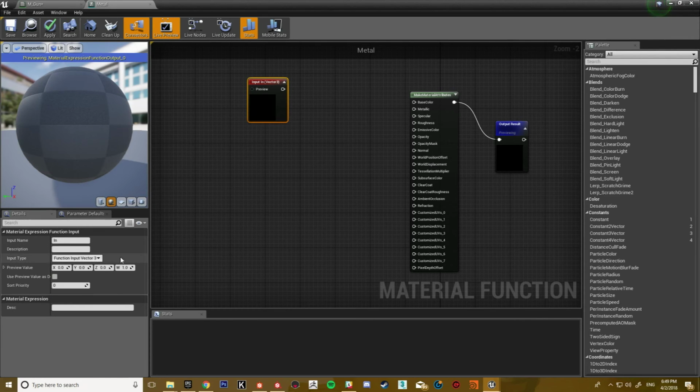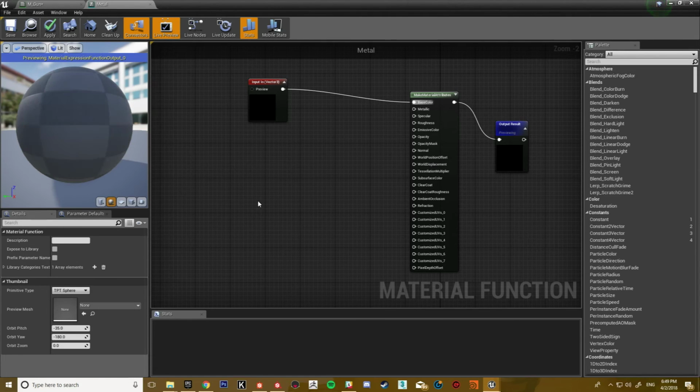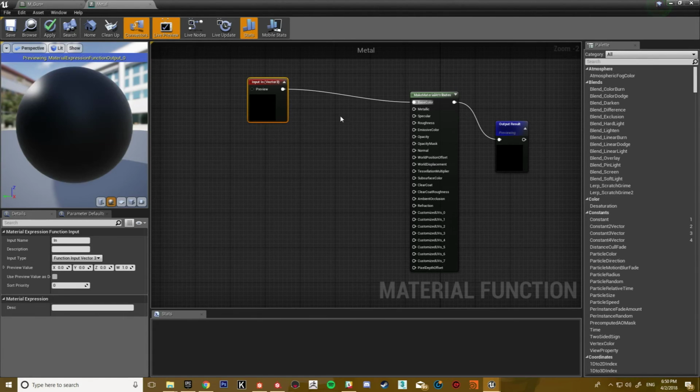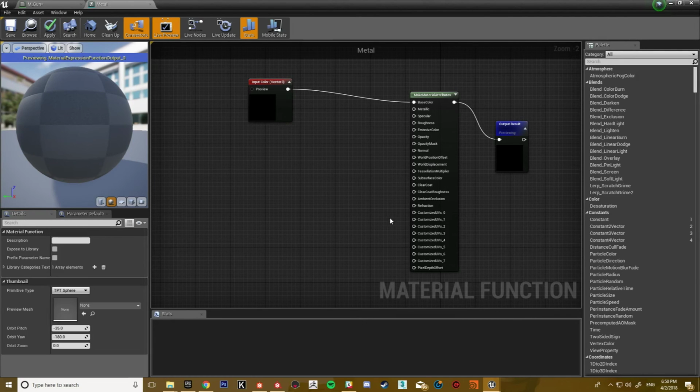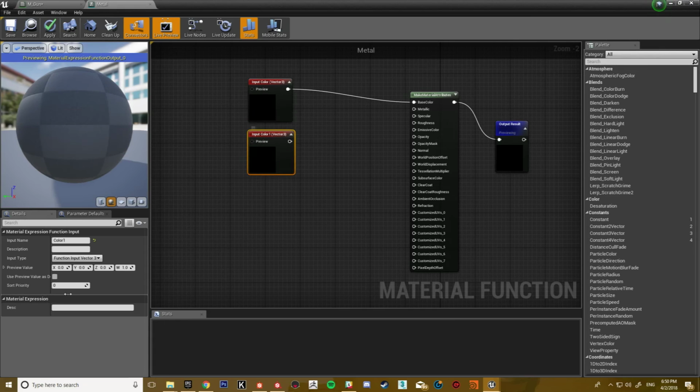But I've got an input of a vector 3, which is a colour, and I'm just putting that into my base colour, and I'm naming it just colour, the American way. And what I'm going to do with that past that point is duplicate to roughness.